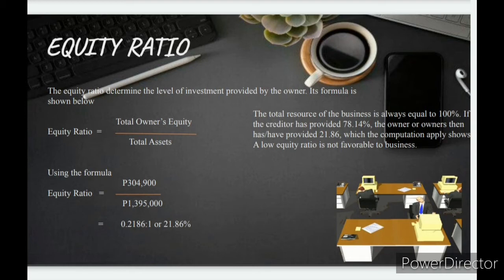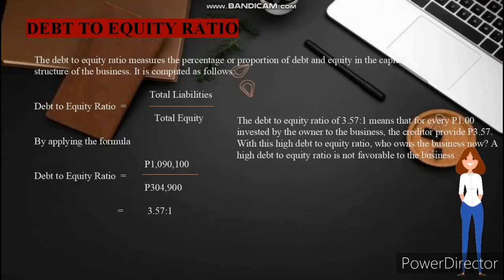It means the total resources of the business is always equal to 100%. If the creditor has provided 78.14%, the owner or owners then have provided 21.86%, and the computation shows a low equity ratio, which is not favorable to the business. Okay,